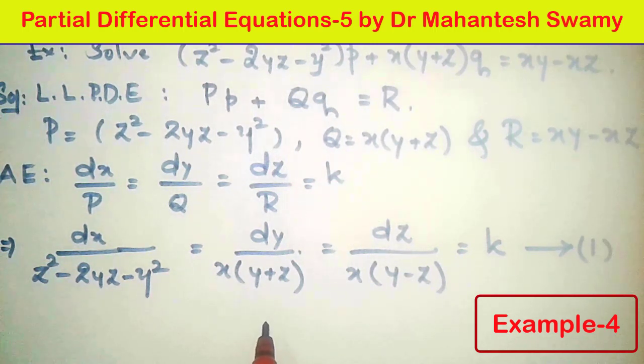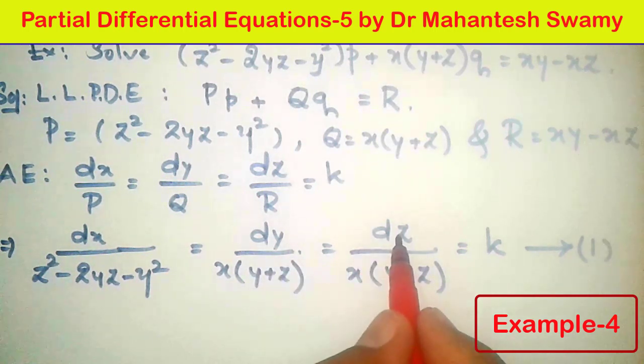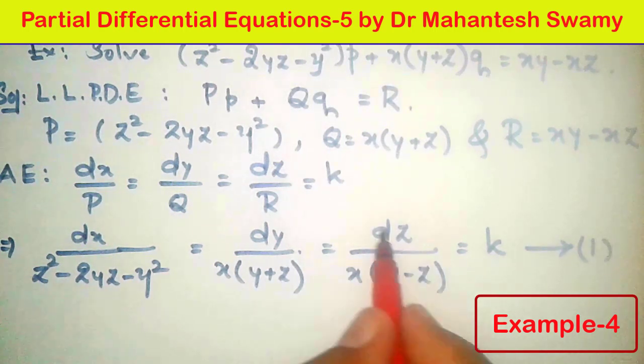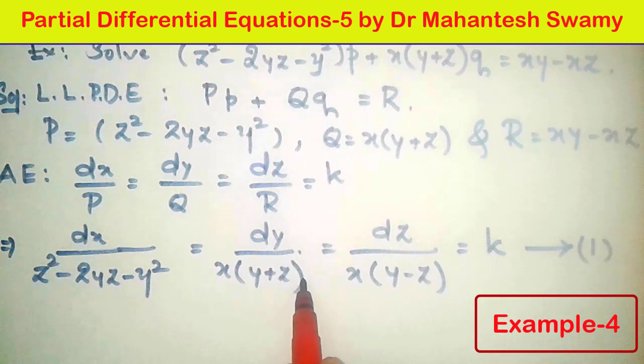It is a very simple job. I have taught you in a very simple way in the previous video how to choose the multipliers. So now here also we will proceed with the same method and try to solve these auxiliary equations. First of all, it is very easy. If we look at the second and third members, x can be cancelled, so the terms can be handled very easily, because we will have dy and dz in the numerators, and y plus z, y minus z in the denominators. So with the terms in hand, we can very easily proceed.